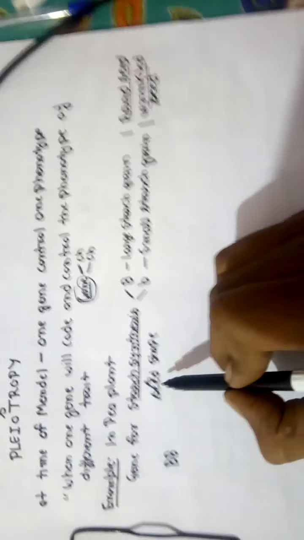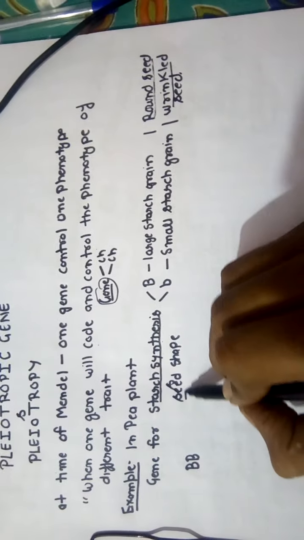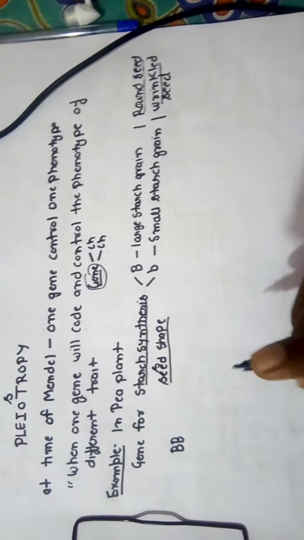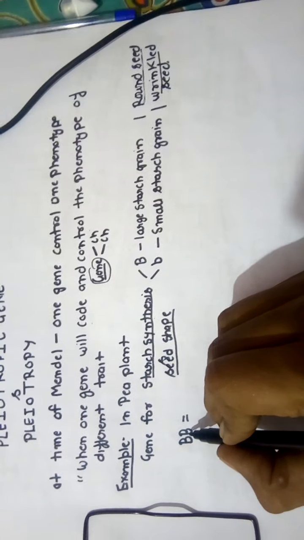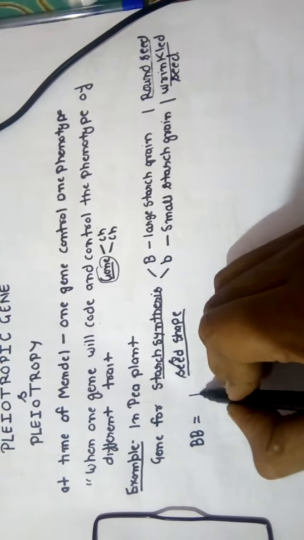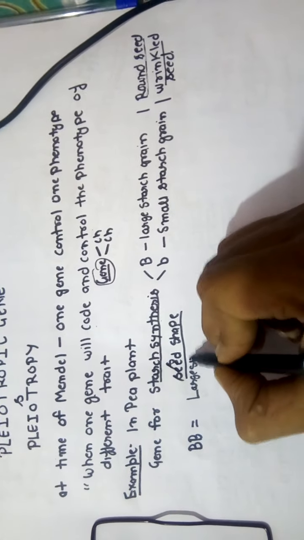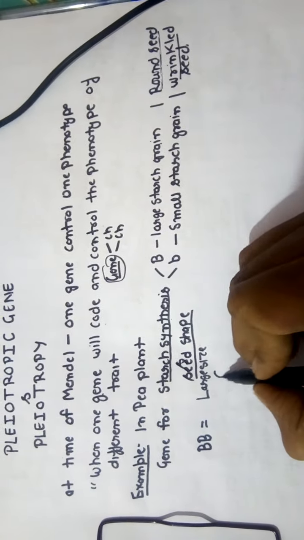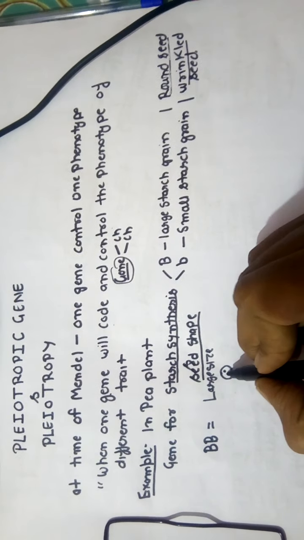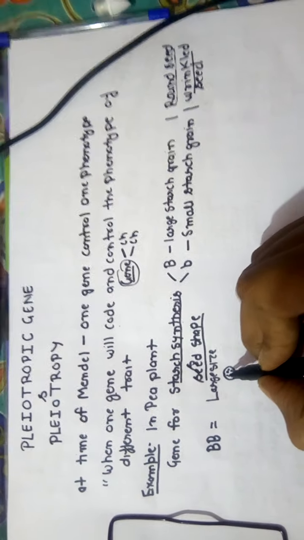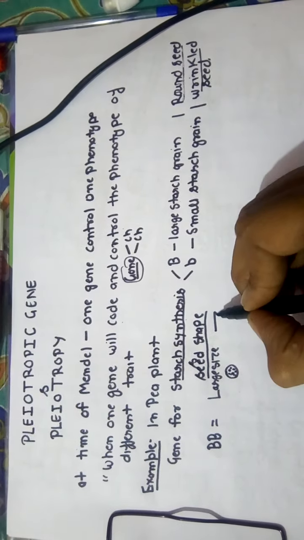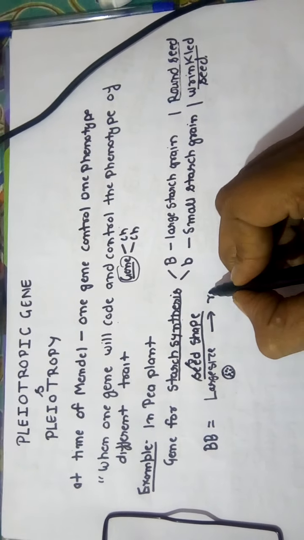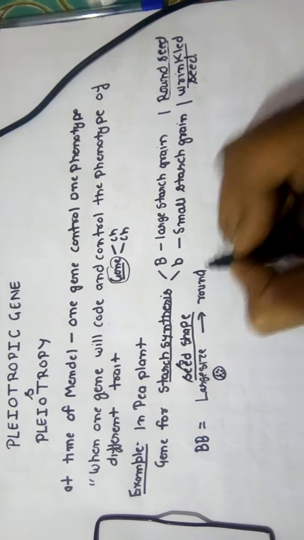Now what kind of condition is there? You can see this gene is determining two characters. One is the amount of starch synthesis or the size of a starch grain, and the second is the seed shape. So this gene is definitely a pleiotropic gene. If a pea plant is homozygous for capital B, in this condition, because only capital B is there, large size स्टार्च ग्रेन विल बी प्रोड्यूस्ड. सीड्स के अंदर जो स्टार्च ग्रेन होंगे उनका साइज भी बड़ा बड़ा होगा, and due to the large size of starch grains the seed will be filled from inside, and that is why when this seed becomes mature, it will acquire a round shape.